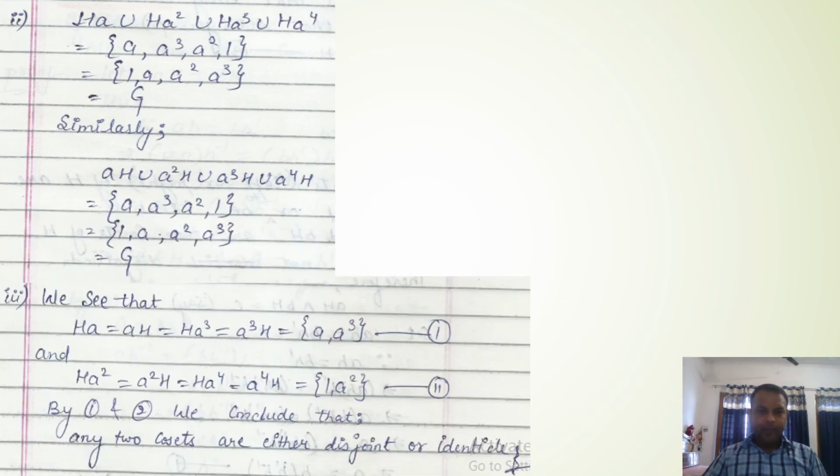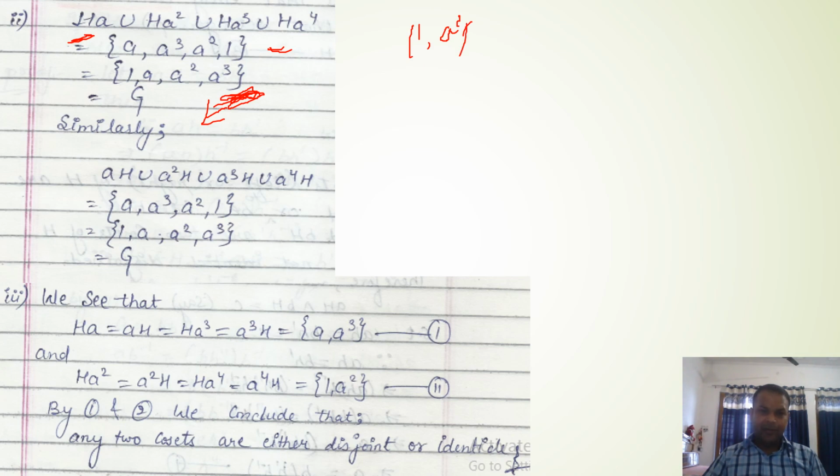Now we are proving the first and the second case of the problem. In the second case of the problem, it is stated that the union of all cosets will create the group. Students, take it very carefully. When you are writing the union of cosets, you will take either left cosets or right cosets. You cannot combine left and right cosets. So first, we are taking the union of all right cosets. Here the set H has 1 comma a square. This is our initial subgroup.